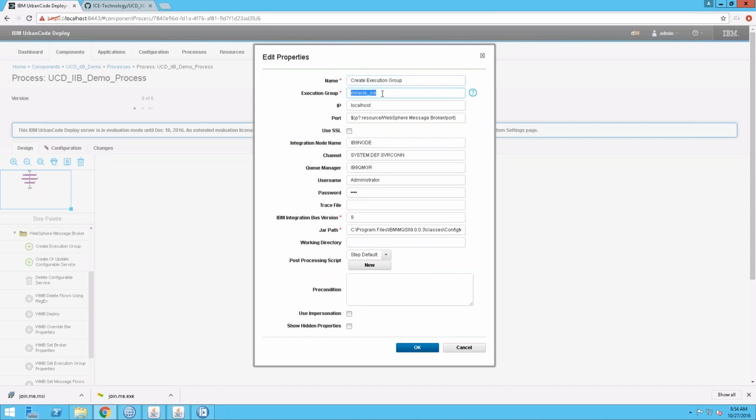Here we only have to drag and drop, and we get this step. After that, we have configured this execution group. Here we have to specify the execution group name. We are going to create the execution group named miracle.is, and it is running on the localhost. So I have given the IP as localhost,